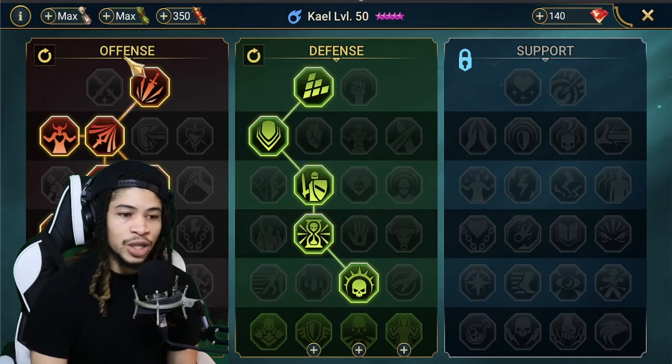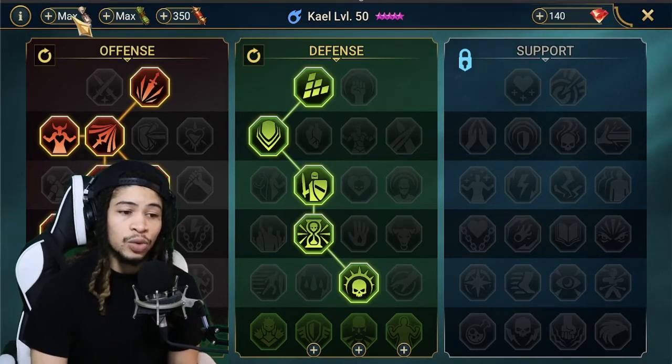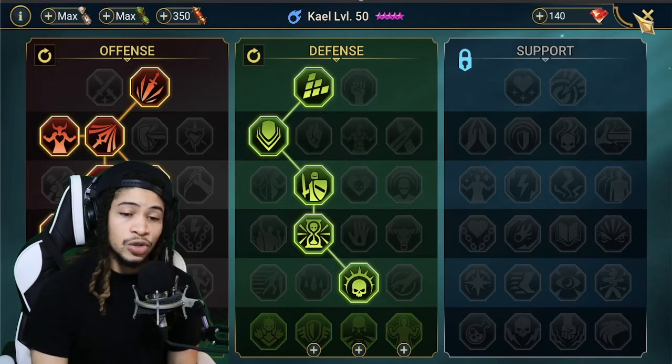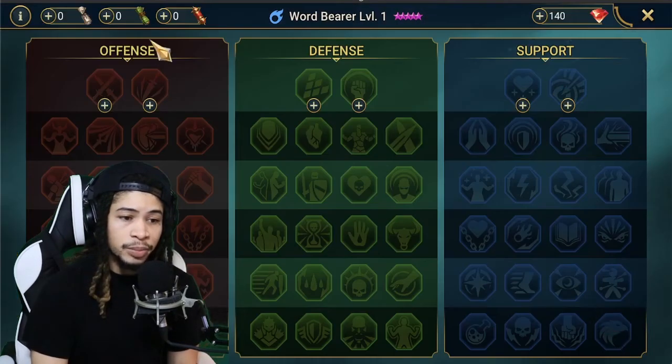T4 and T3 are going to require you to have green scrolls. T1 and T2 are going to require you to have these brown tannish scrolls here. All right, and each tier is going to cost you a lot of scrolls. It's going to cost you more and more scrolls each time. As you can see,